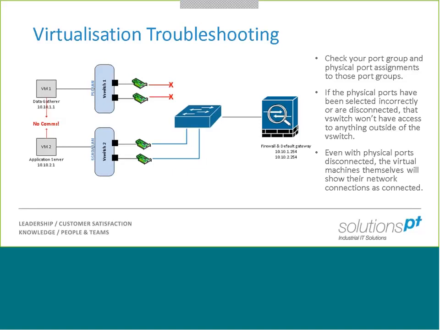and people end up plugging the wrong ports in the back. Because also, if you've got multiple cards in the back of your physical server, you need to be able to identify which is which. Port 1 in VMware, which port is that talking to on the physical server. As long as you've got a good understanding of that, and a diagram can normally help, then you shouldn't run into this problem. But obviously, in this scenario here, VM1 cannot talk to VM2 because there's no physical link out to the rest of the network, so we can't route the traffic.